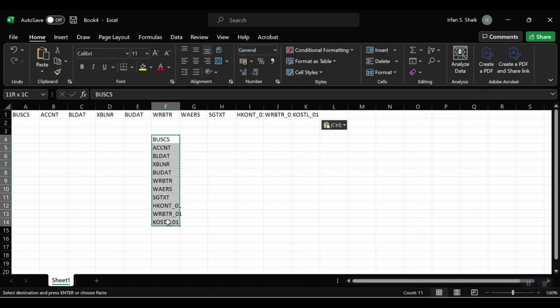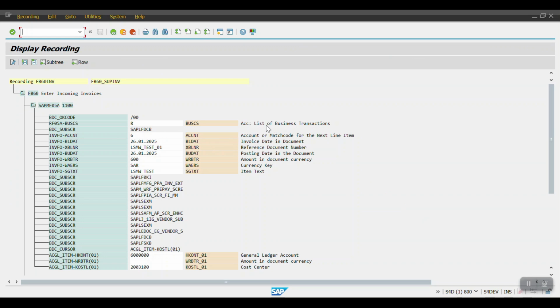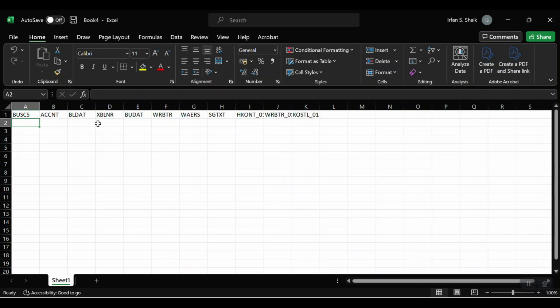Okay, now I don't need this one. And here the first field is you can see this one, list of business transactions. So here by default system has taken R, so I will be entering the R here. So let's suppose I will create 15 documents,